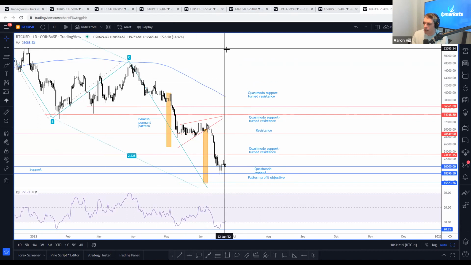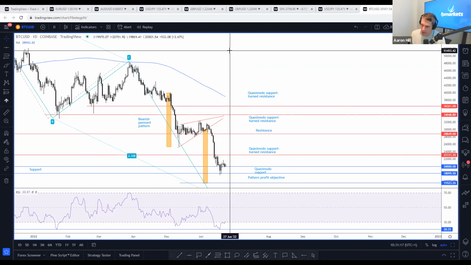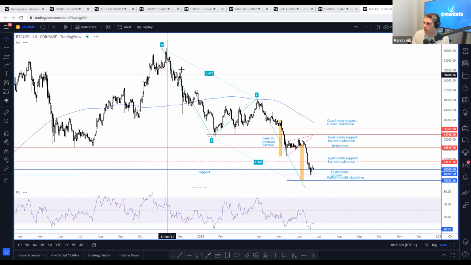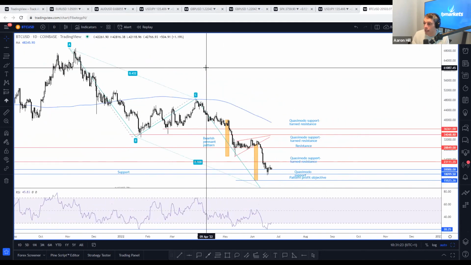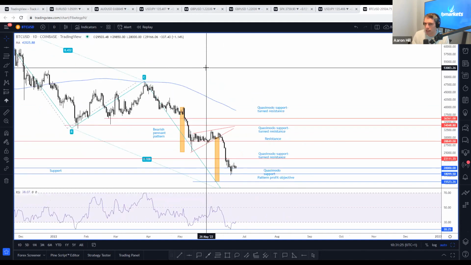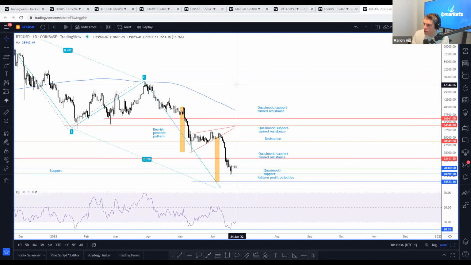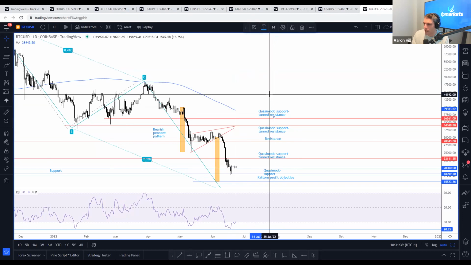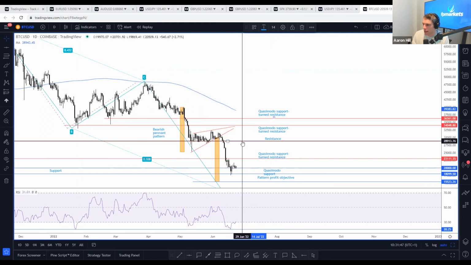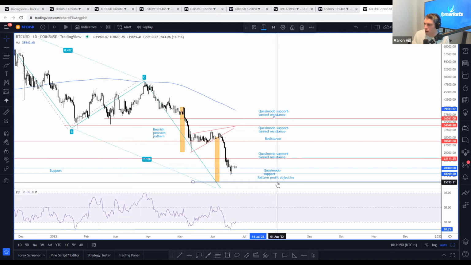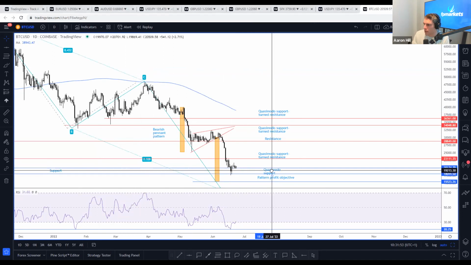Right, so look, Bitcoin doesn't need any introduction at this point. We have been involved in a primary downtrend. It's very clear, and we're now seeing buyers and sellers battle for position around the 20K area. Now, I'm not here to say whether I think Bitcoin will rally from here or drop from here. But what I am going to show is the Quasimodo. This market has been Quasimodo friendly lately. As you can see, I do use other patterns here as well, but please, if you can, just ignore those for now.